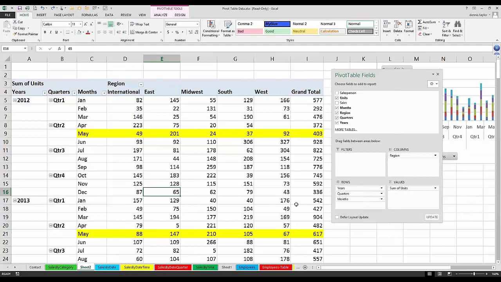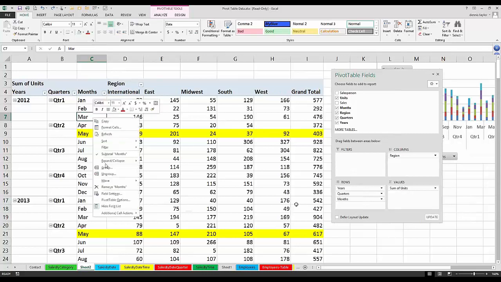And grouping data here by month, by quarter, by year certainly makes sense, and it just gives us so many more options to display this information. Now, another thought here. Maybe this group meets, they've got a biweekly sales meeting, and they've been dealing with their data over the years in a biweekly way. This breakout by month and quarter is fine, and I'm not suggesting necessarily that doing it biweekly is any better, but I'm going to reverse stream here by right-clicking on the months, going back to group,